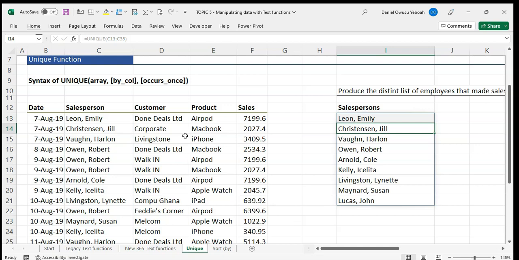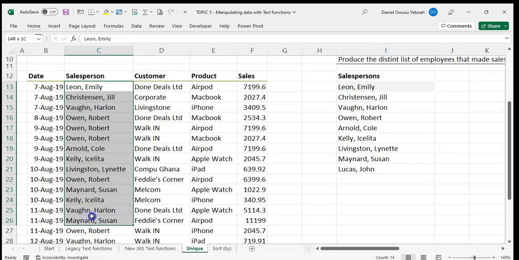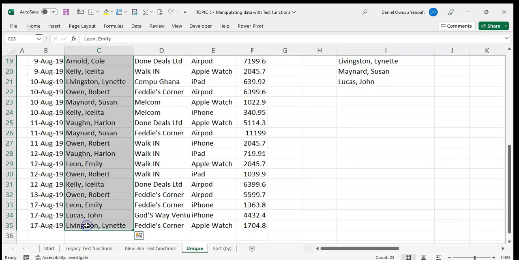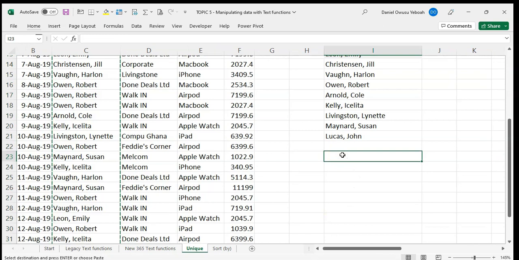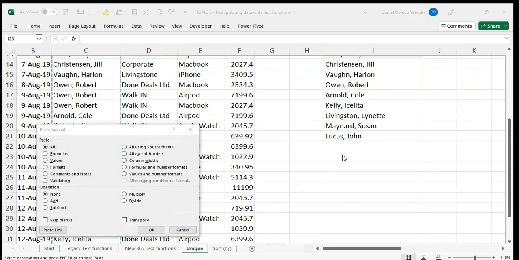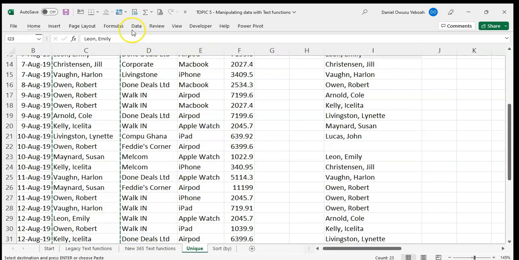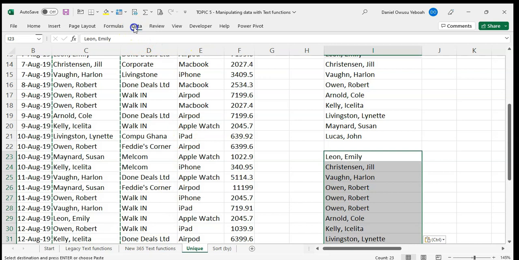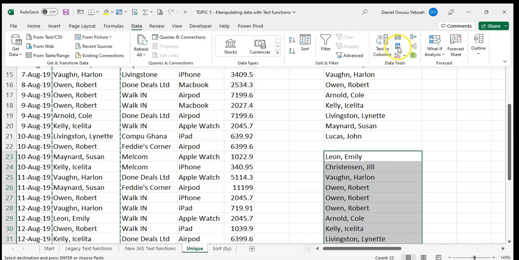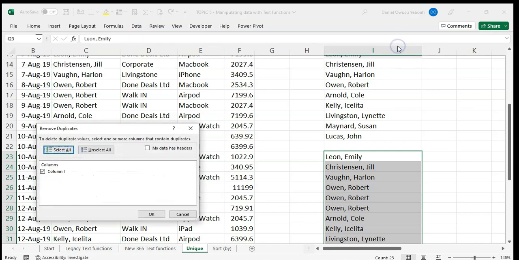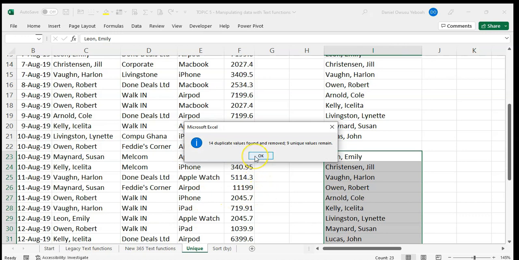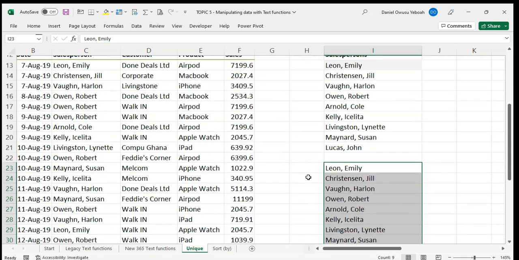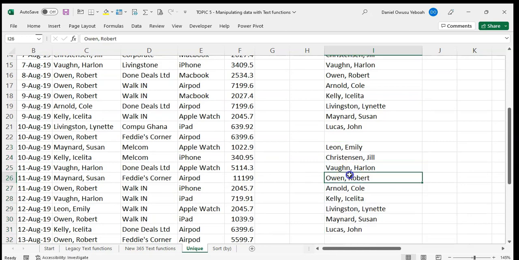Prior to 365, if you had to do this, you had to select your array this way, probably copy it, and paste it in here. So Control Alt V, paste as value. Then you go to Data, then you remove duplicates with this. Okay, so you realize that this is how you probably have removed duplicates if you do not have the unique